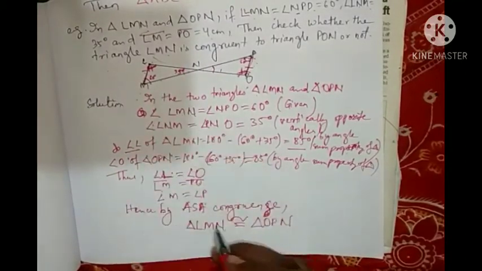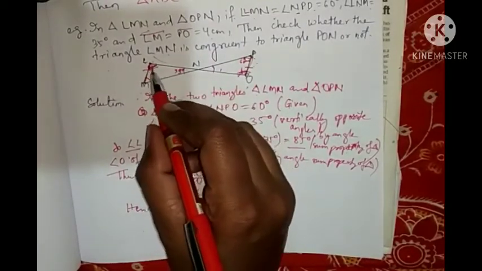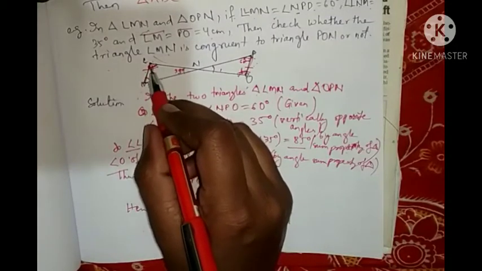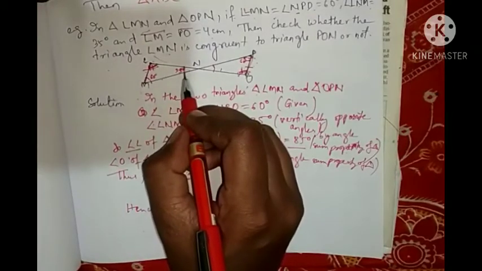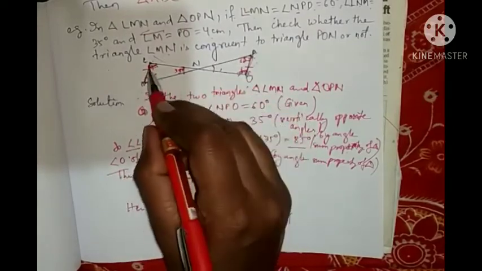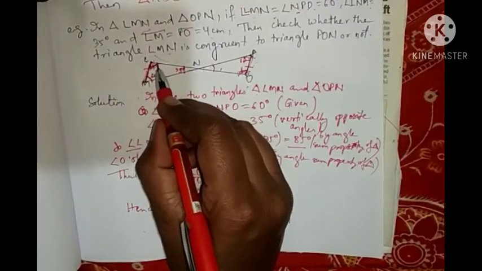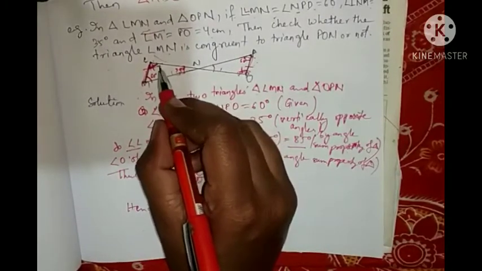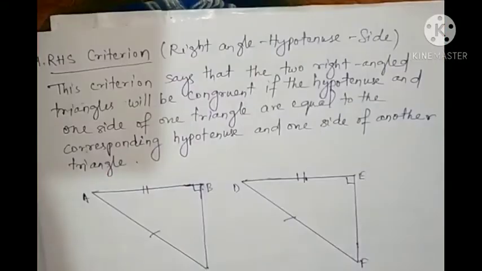So you will see how you will find out. If you want to find ASA congruence, you will find corresponding angles, two adjacent angles, and between them one included side. Here this angle is given, but this side has not been given. Here this side is given, so one angle is given. We have to find the other adjacent angle, this angle, not this angle. So with the help of this angle we have found this angle. Okay, let's move to the next criterion.